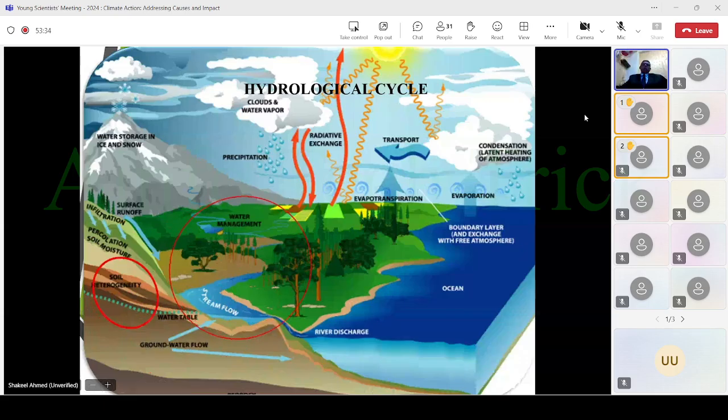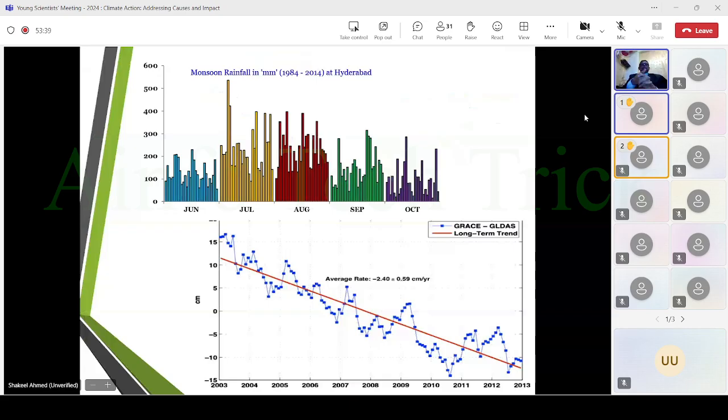Now, this is the real data of Hyderabad. Normally, the rain in India comes through the monsoon, so it rains from June, July, August, September, or sometimes October also, either 4 months or 4.5 months. This is about 1984 to 2004, almost 20 years of data of the monthly rainfall. Each month, each year, for the month of June each year, how it rained, July how it rained. So you can see the variation,